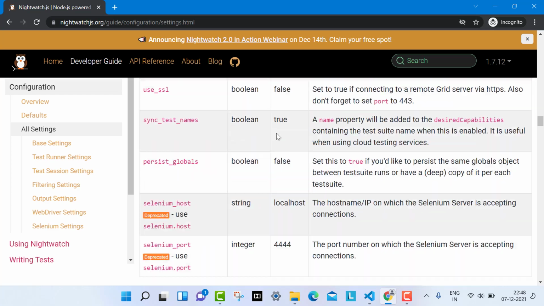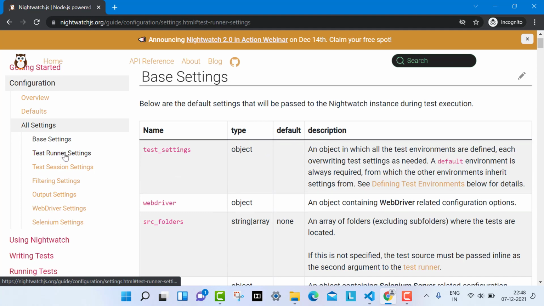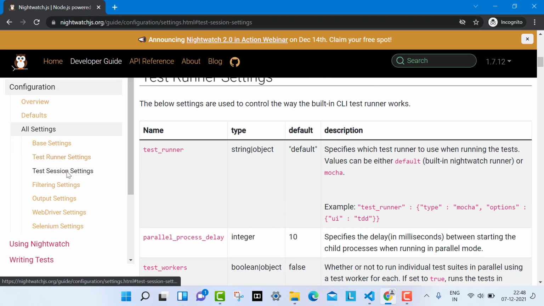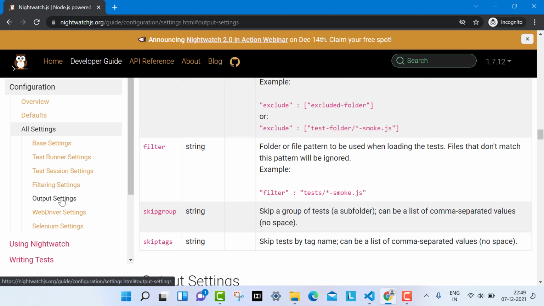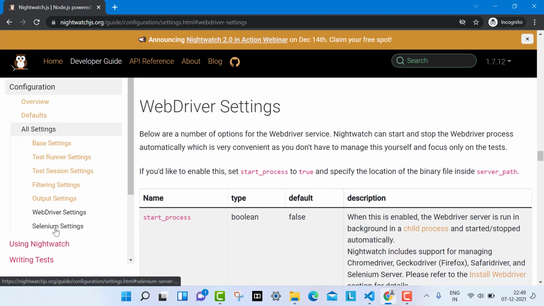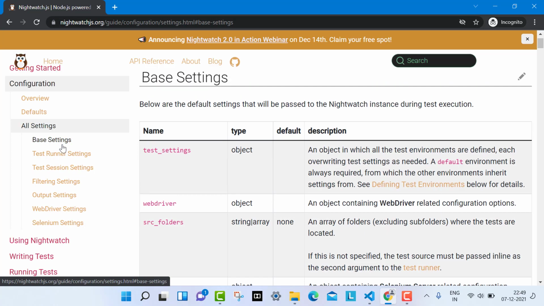If you scroll down, you will see the base settings, the test runner settings, the test session settings, filtering settings, output settings, WebDriver settings, and Selenium settings. In the coming sessions, we are going to use these settings to build our configuration files. We will start with the base settings.